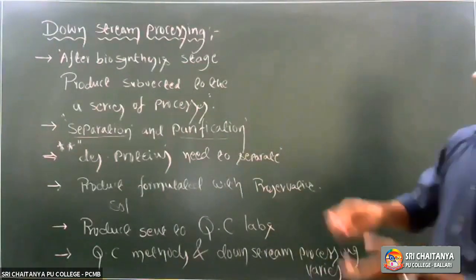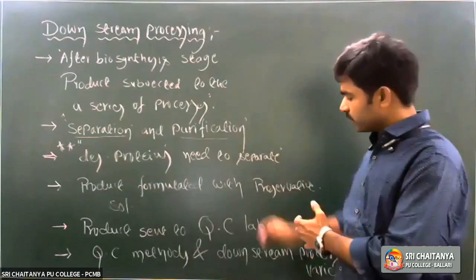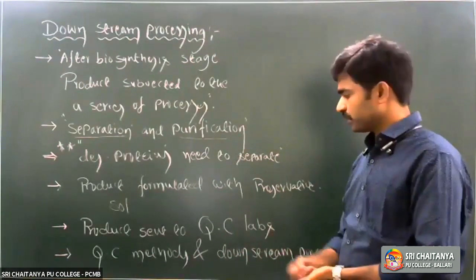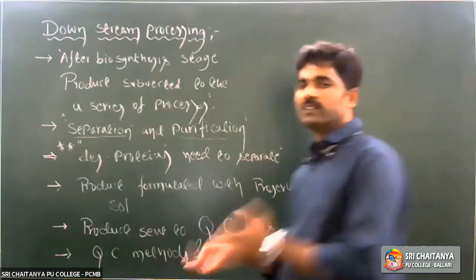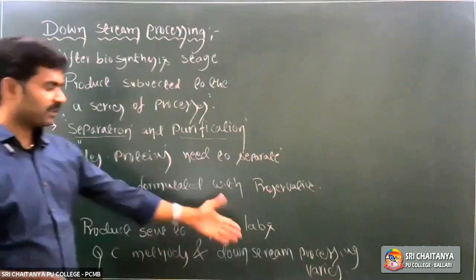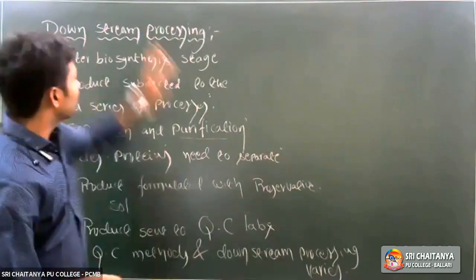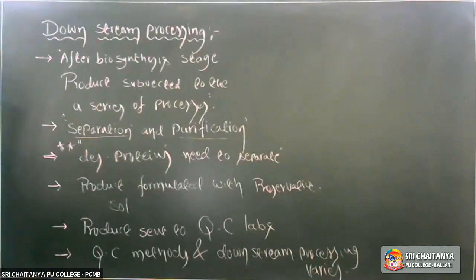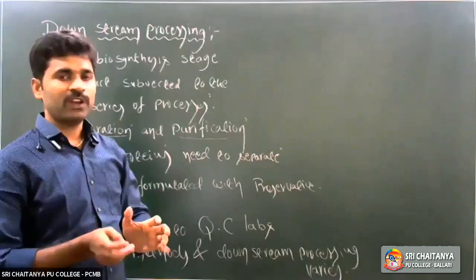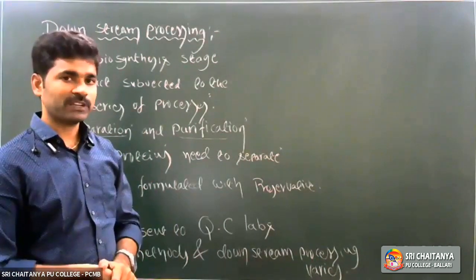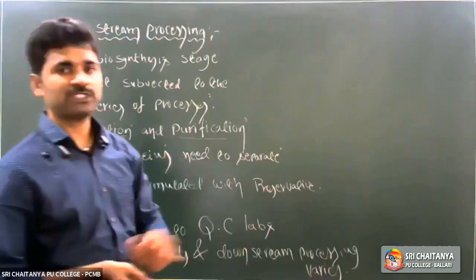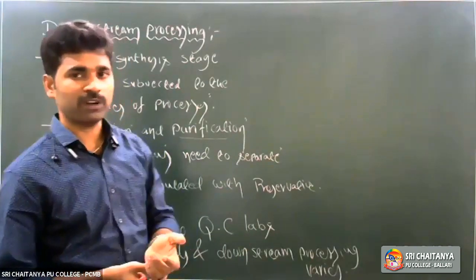It means for enzyme isolation, we use separate quality control methods and downstream processing. For antibiotics, separate downstream processing and quality control methods. For the drugs and desirable products, we use various different quality control methods and downstream processing techniques. So this is information about downstream processing. When do we perform downstream processing? After completion of the biosynthetic stage. After developing the bacterial cells in the bioreactor, we use downstream processing, for obtaining the required desirable product.